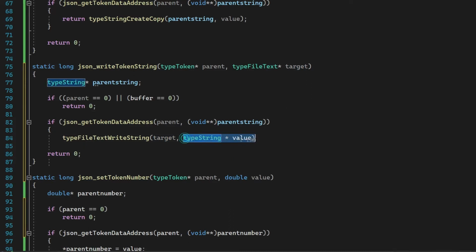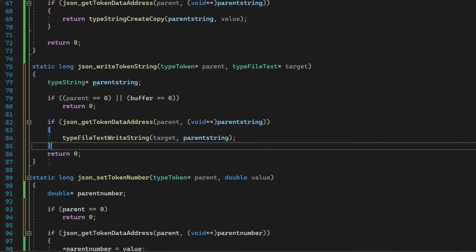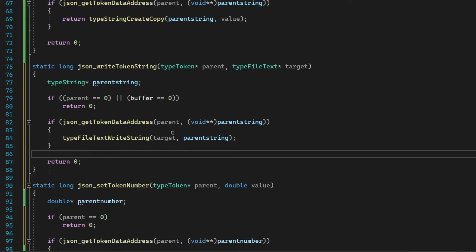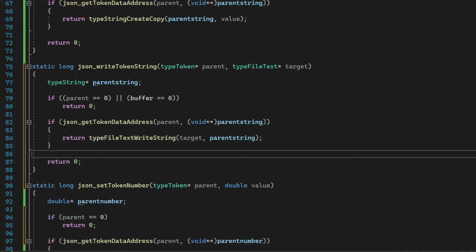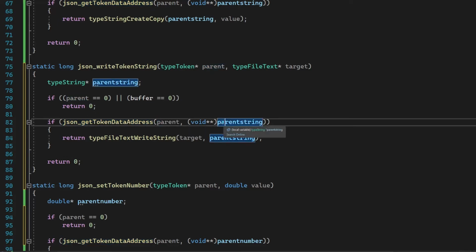Type string parent string. Okay, type file text write string target parent string, return that. Okay, it sounds more complicated than it really is. Okay, first we get the token address of the parent string, and then